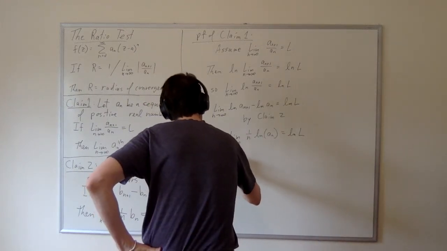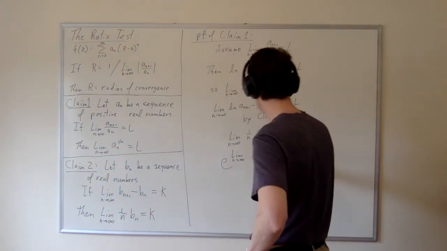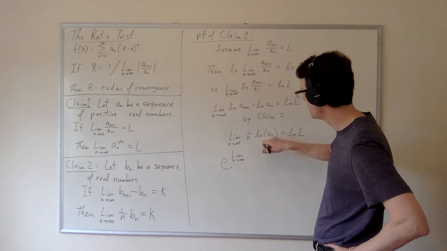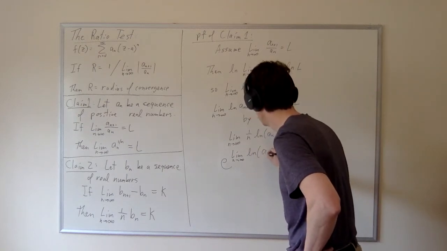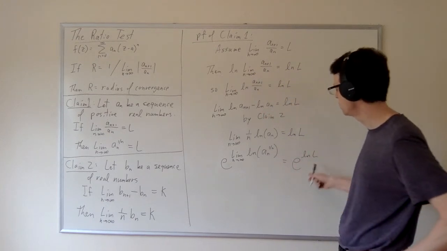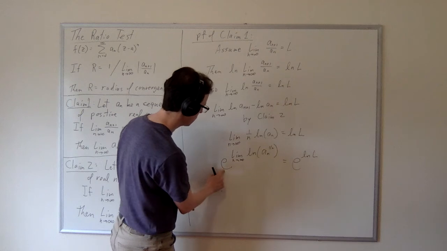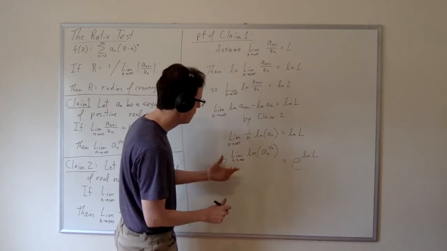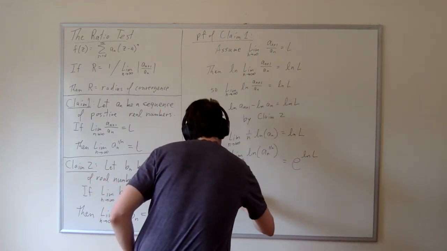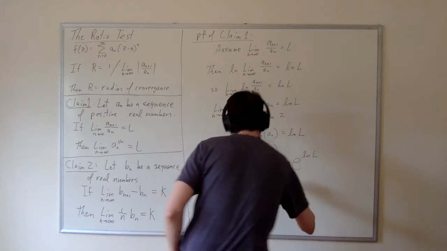So then e to the limit of, and now, let's just do the rule of logarithms at the same time. This is the logarithm of a_n to the 1 over n. So e to the limit of the logarithm of a_n to the 1 over n is equal to e to the natural logarithm of L, which of course is L. So now this limit is known to exist, and this function e to the x is a continuous function on the real line. And so we're okay passing this function inside. And so that gives us the limit as n goes to infinity of e to the log of a_n to the 1 over n,